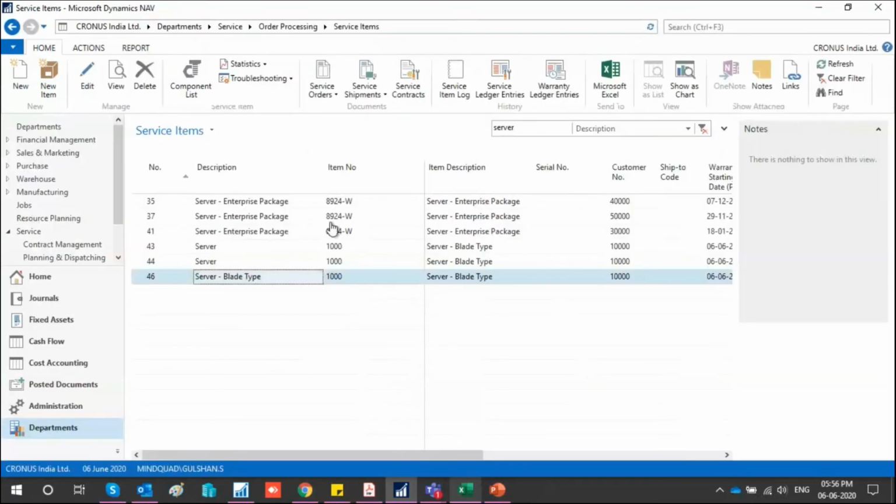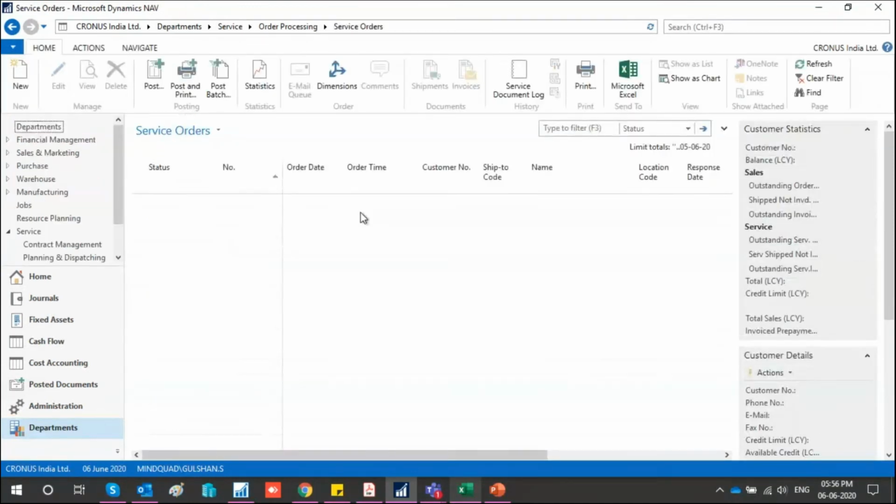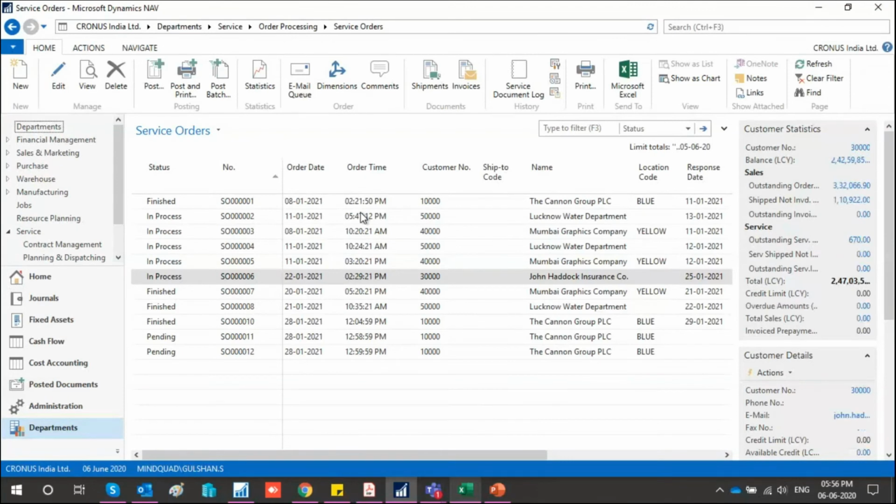Now I'll just click on this. Now what I'll do, I'll go to service order. Let's say a repair item or a service item has come to us and we want to perform a complete end-to-end service on that. So I'll go to service order. You can go to service quote, and similarly to how we do for a sales quote, the screen is similar, the process is similar, but in the sales order we have a few more fields, so it will be easier to show in that. So I'll go straight to the service order, but the process is totally similar to how we convert a sales quote to a sales order. So let's create new.